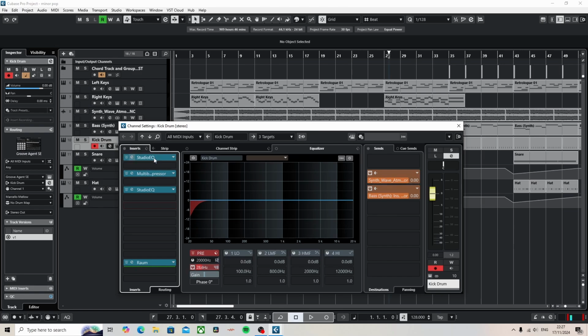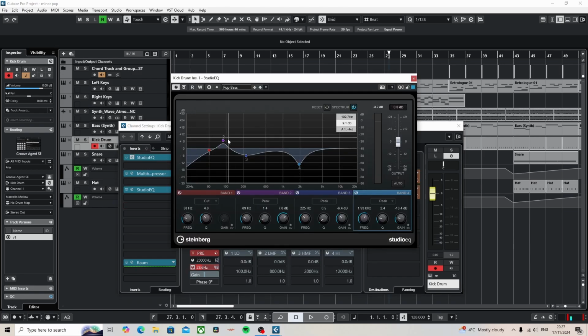So the first thing I like to do, assuming that you don't need a gate, if you do, put that on, is I like to EQ first of all, just to get that rough frequency shaping that suits the kick drum. So I always, well, I say always, 99% of the time, I like to dip off this first section here, and I usually project somewhere between 50 and 100 on a usual kick drum